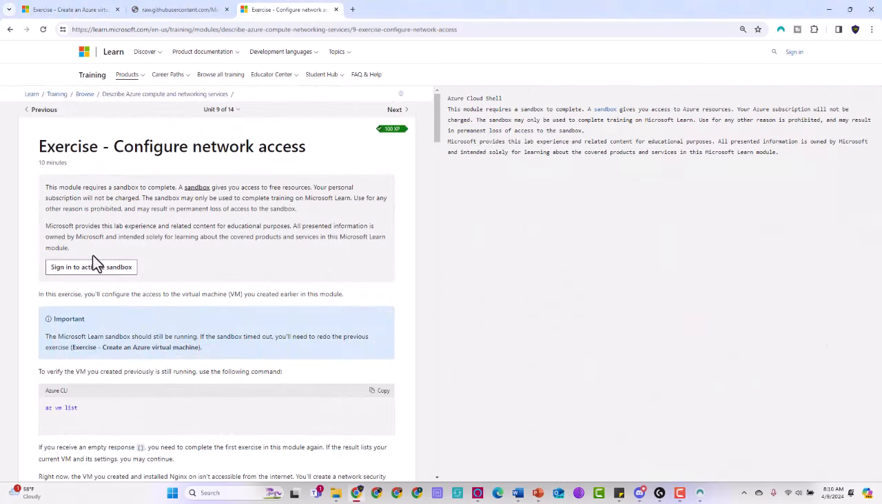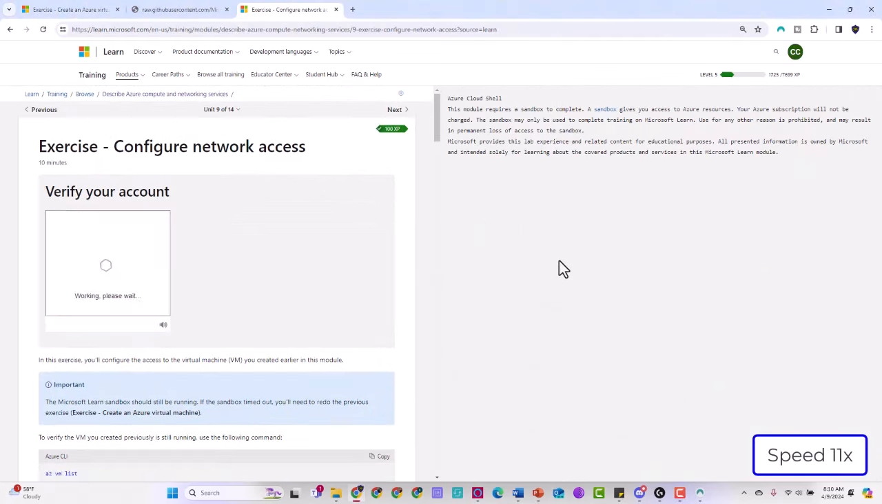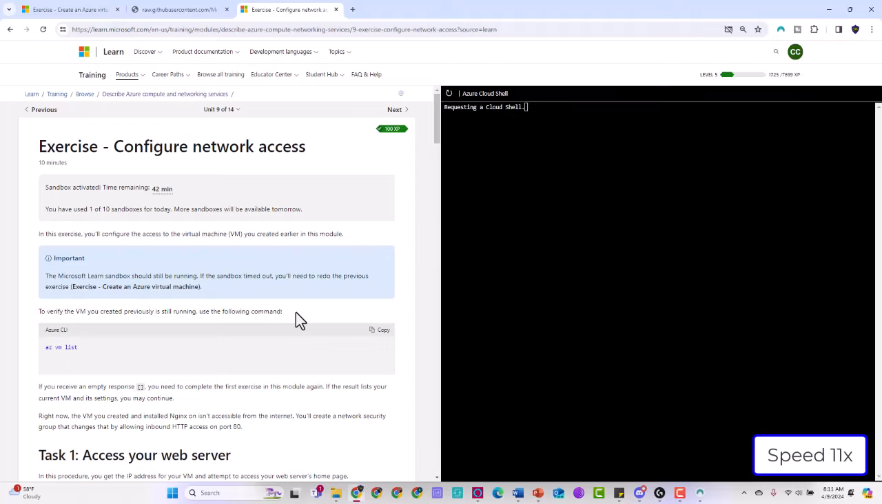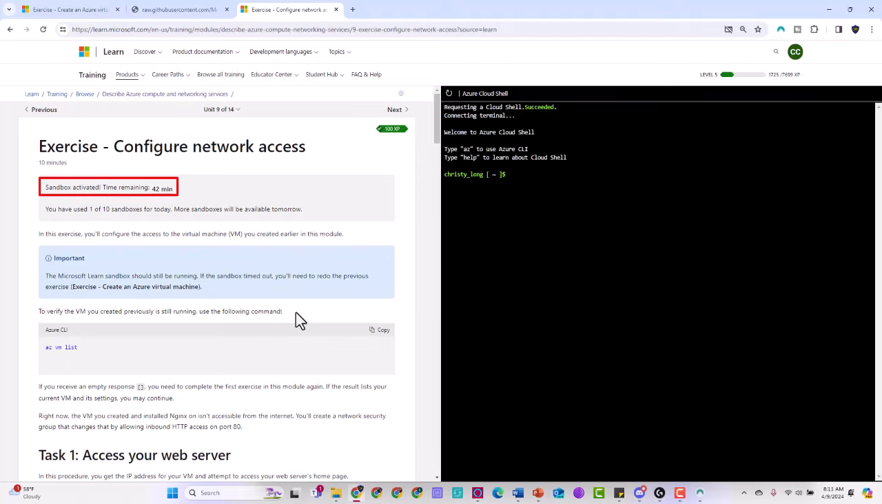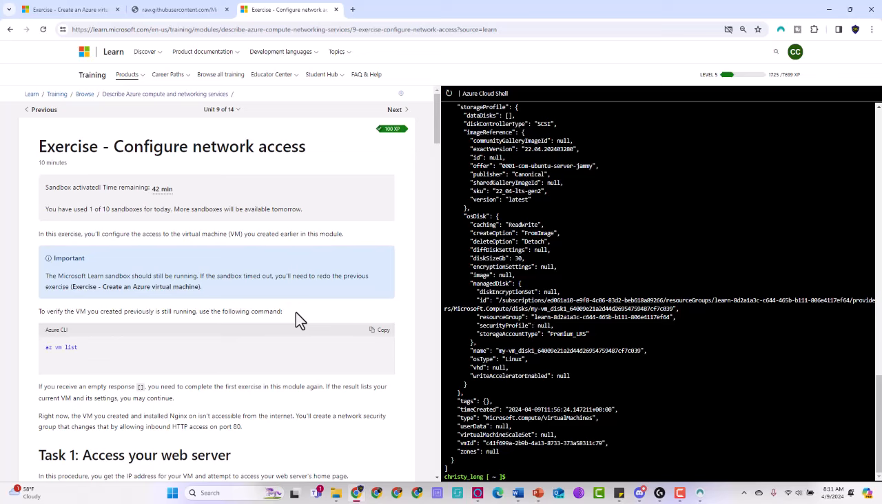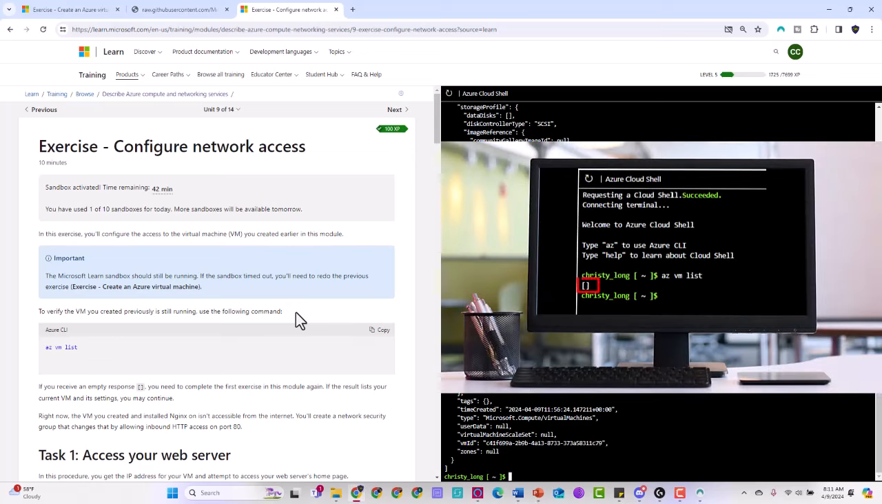Now let's go ahead and move over to Unit 9. Sign in to activate the sandbox. On the screen, you can see that we have 42 minutes remaining on our sandbox instead of the hour, which is a good sign, which means that most likely our sandbox continued to connect. We want to confirm this by typing the words az vm list. And that will verify that our virtual machine that we just created is still running. If you receive an empty response of []